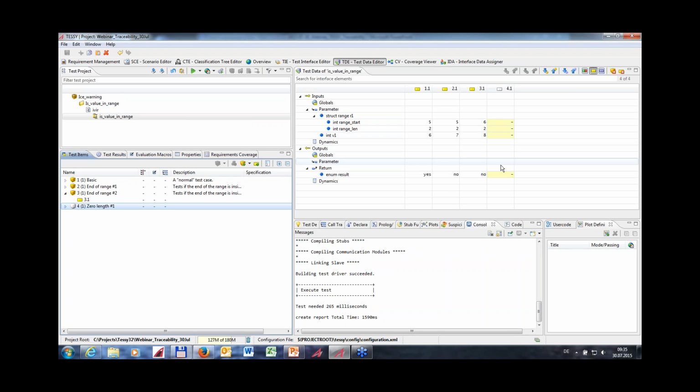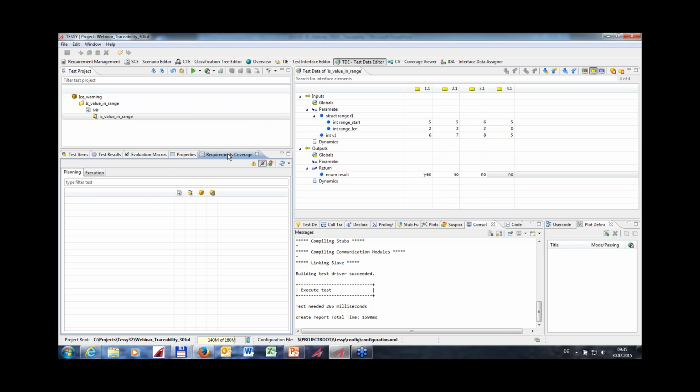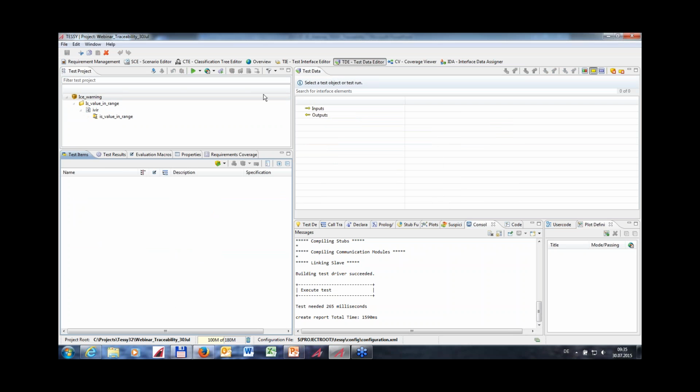And you see here that the fourth test case has appeared, and I would like to use the numbers. And now I link this fourth test case to the third requirement, because this test case covers the case of a 0 length of the range, and therefore I link this to here. And then I go back to the test items view,